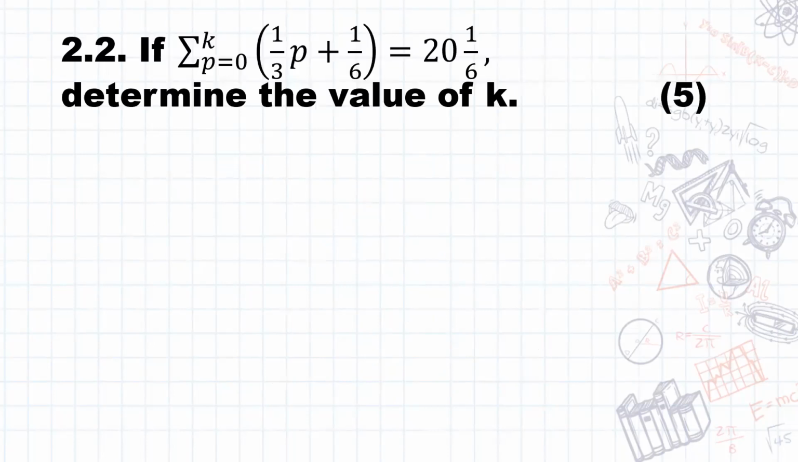Now, 2.2 says, if the sum starting p at 0 and ending at k of this function here, 1/3 p plus 1/6, is equal to 20 and 1/6, determine the value of k. In other words, when does the series end? So first we need to find term 1. So term 1 is going to be 1/3 p